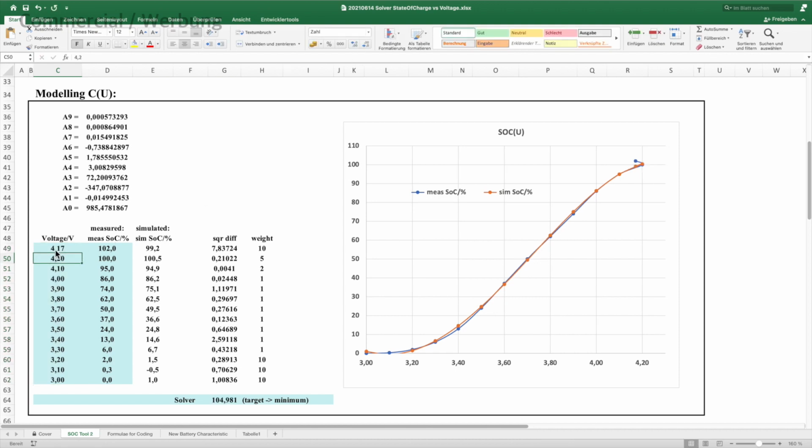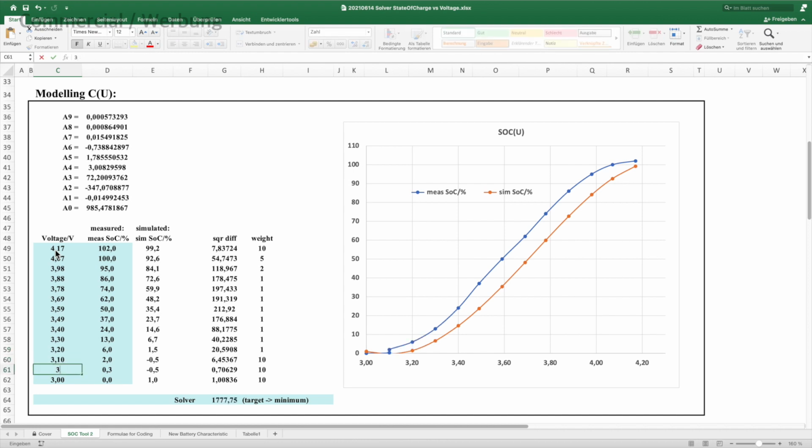Then we start to insert the new values of the different battery here. As expected, now our state of charge functional approximation doesn't fit anymore.